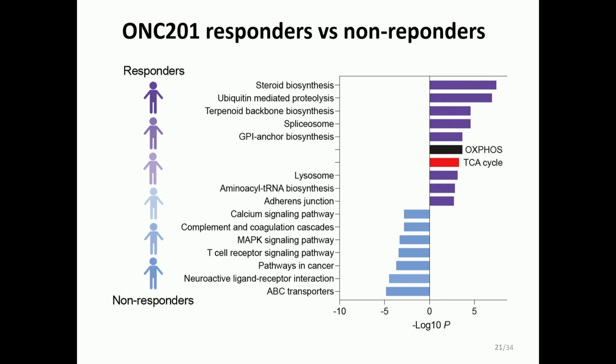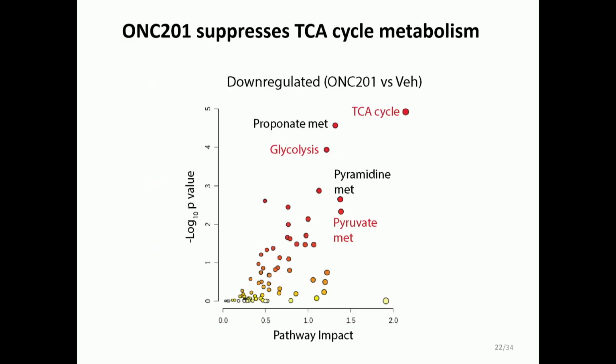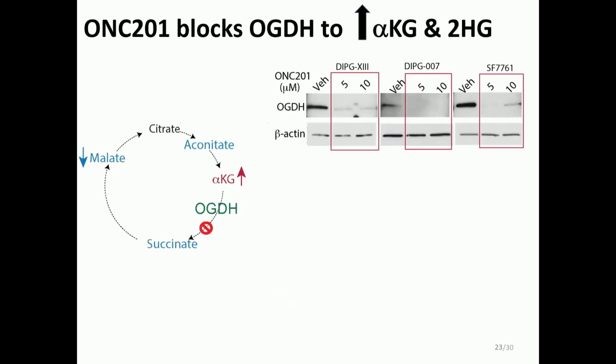So this led us to the hypothesis that maybe this drug is changing the TCA cycle and maybe changing this integrated metabolic and epigenetic pathway. And when we did a series of studies in vitro in multiple cell lines, we found that the top pathway downregulated is the TCA cycle when you treat cells with this drug. I'm cutting a lot of data short, but one of the key proteins that's reduced by this drug is this gene called